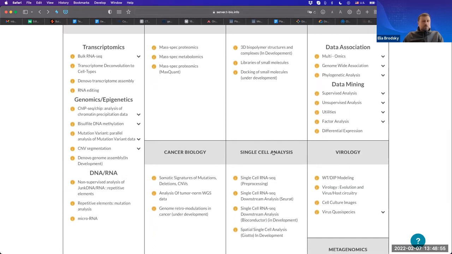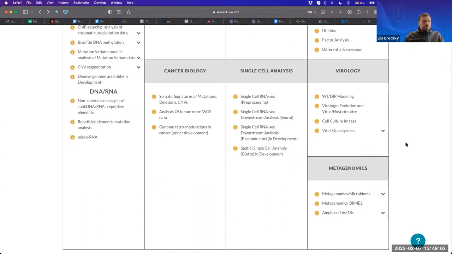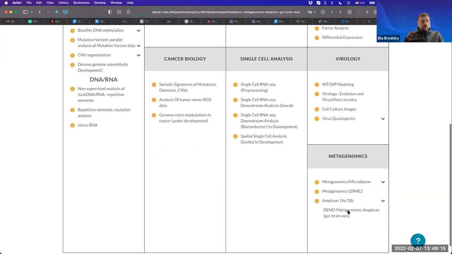So what we'll do here, and we've changed some things around, you will notice that some things have changed not so long ago. We have moved the metagenomics section right here. And what we will do today is we will just take a look at this last example called amplicon 16S 18S. So if you click on this dropdown, you will open this